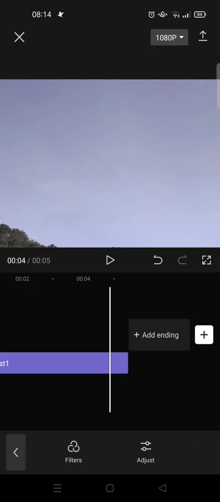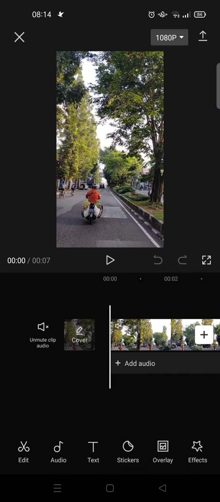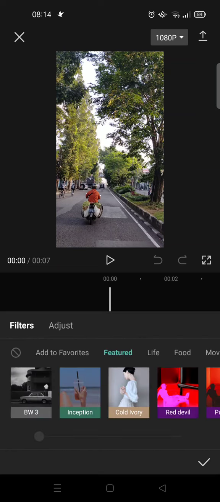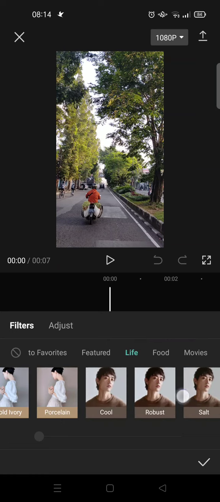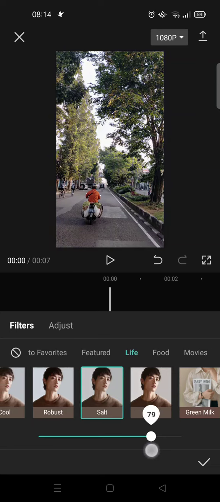So I'm going to just go back and start a new project. Okay, I'm going to edit this video right here. So first, after you import the video, you need to go to filter, and then under the live category find the salt filter, this one's right here, and adjust it into 85 like